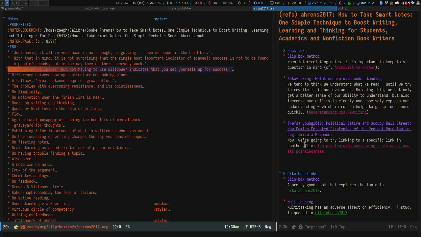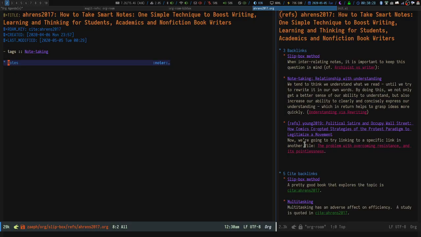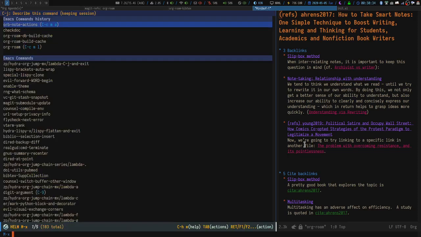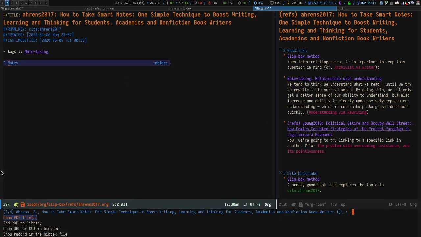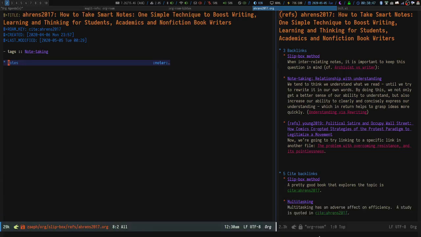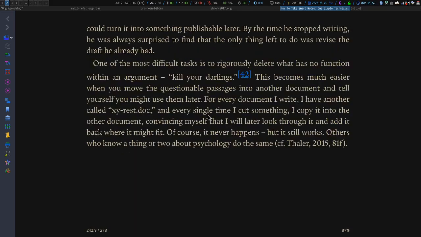Let's see, what else could I show you? We also have something pretty neat. You remember the actions for helm-bibtex. Well, we have the same thing with Org-roam-bibtex, and if you run the command, I believe it is org-note-action, you have at the bottom a similar choice. So you can open a PDF, add a PDF, or open a URL. If I do it just to show you, here you can see that it's opening with Calibre EPUB Viewer, I can't remember the name for the life of me,